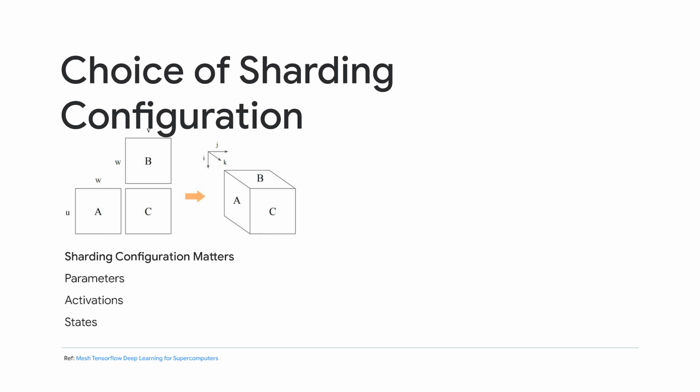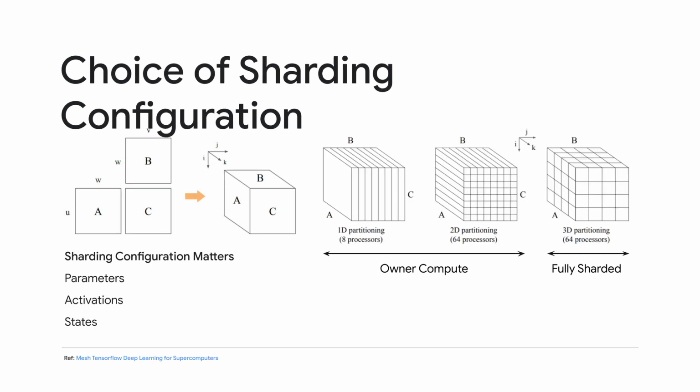First is the choice of sharding or partitioning configuration. One concept to register here is that in any real-life model parallel design, you would want to experiment with multiple sharding configurations. Let's see why. The drawing here is from the Mesh TensorFlow paper published in 2018. The authors established a powerful insight from the simple example of the C equals A times B matrix operation. If we view this computation as an iteration space of indices I, K, and J, it has this cuboid shape, and it can be partitioned in the following three ways: along 1 dimension, 2 dimensions, or 3 dimensions.